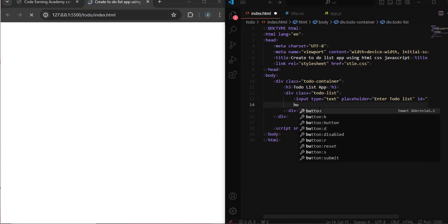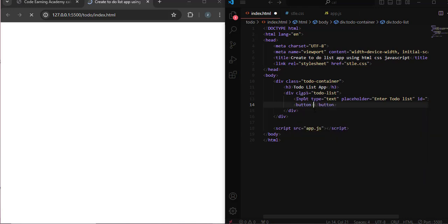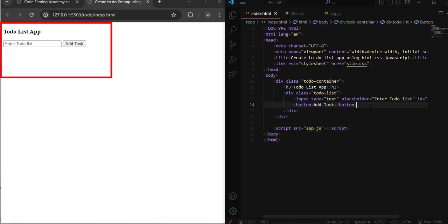So over here we need to have a button, a call to action button. Let's say the button text should be add. It may be add task. After that, save. As you can see here, we have the live change. And now what I would like to do is outside of this div element having a class name to-do list,